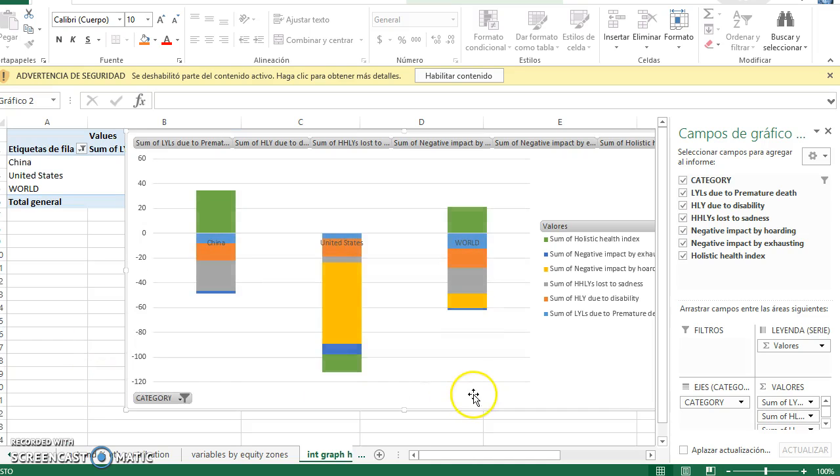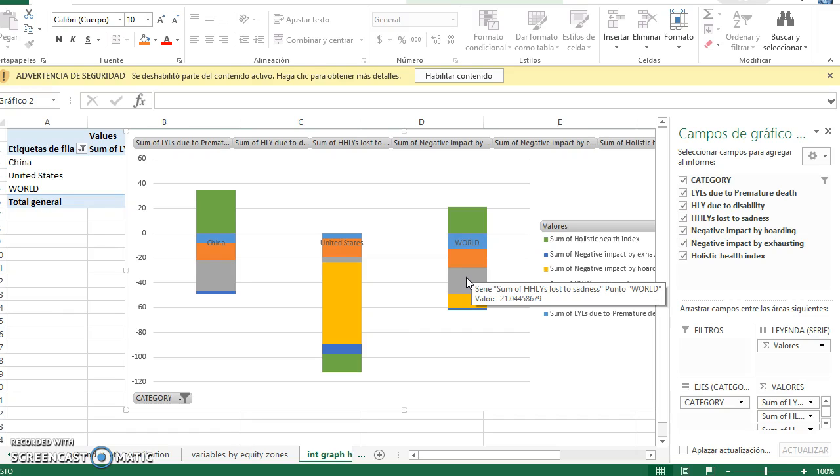So this is how these three graphs look. In the world, our average healthy and happy life expectancy is 20 years, because we lose on average a proportion due to premature death, another due to disability, 15 years, another due to